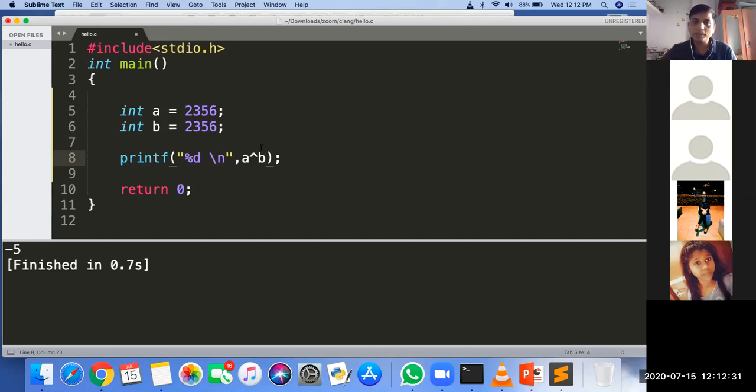But if you know this formula, if both are the same, then the result is directly 0. So you should know this shortcut method.